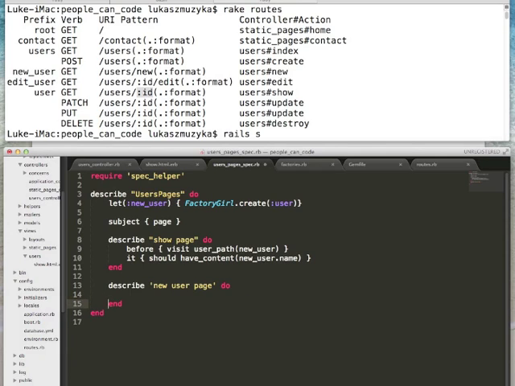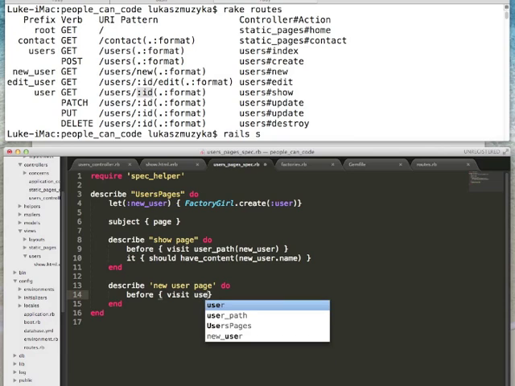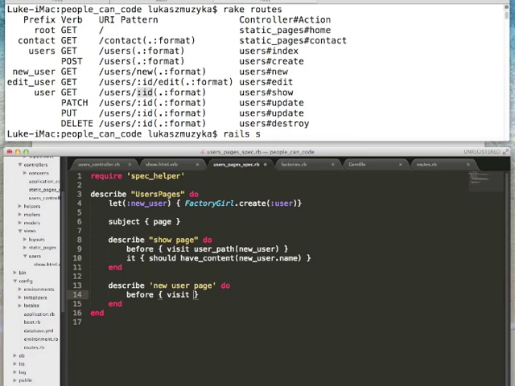And inside here we say before do, like this. So do also needs an end. So here I put end, and inside of this do block we're going to visit new_user_path,